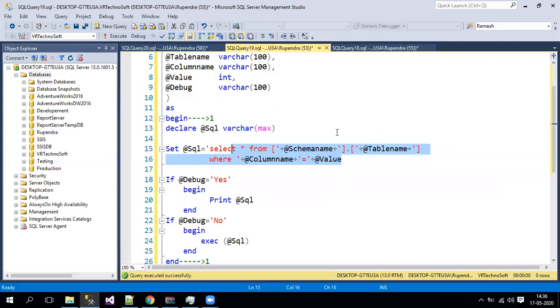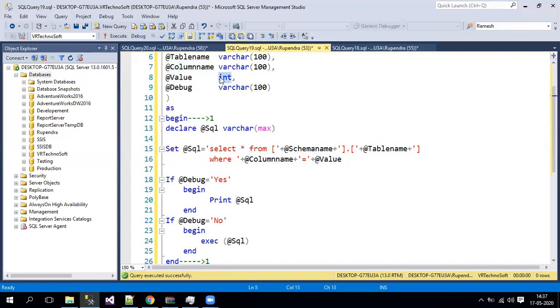Now, just remember, this is a very important point. When you are writing any dynamic SQL, make sure everything is in character form, then only it can concatenate. Whatever values are inside that column is fine, but while writing the dynamic SQL, make sure all the variables you are passing are characters. The schema name is a character, the table name is also a character, your select star from is a character, the open and close brace is also a character, the where clause is a character, and your column name is also a character. When it comes to the value, it's an integer.